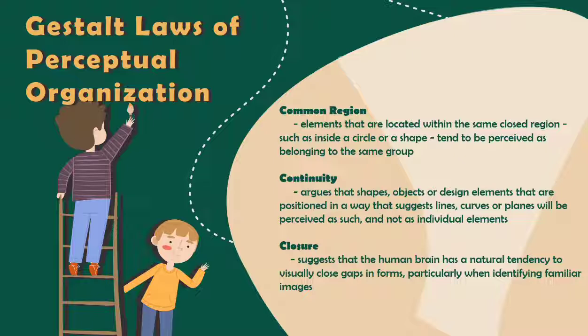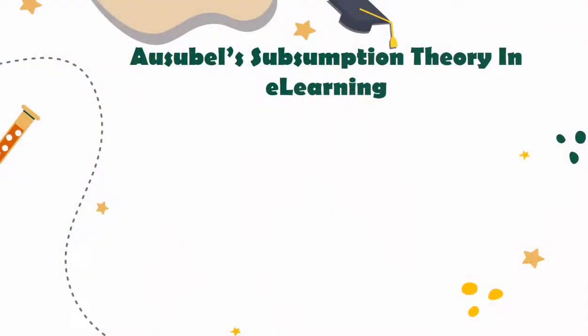The classic Gestalt principles have been extended in various directions, and the ones above are some of the most commonly cited, but there are others such as the symmetry principle, where symmetrical components tend to be grouped together. But we will not be discussing more of that because we will be moving on to